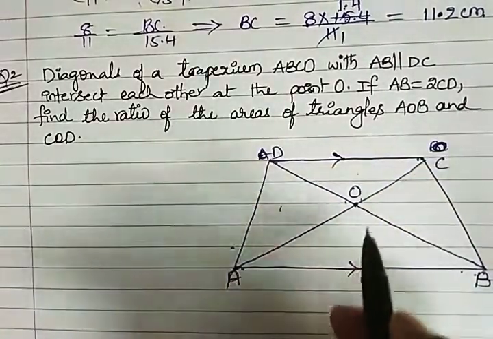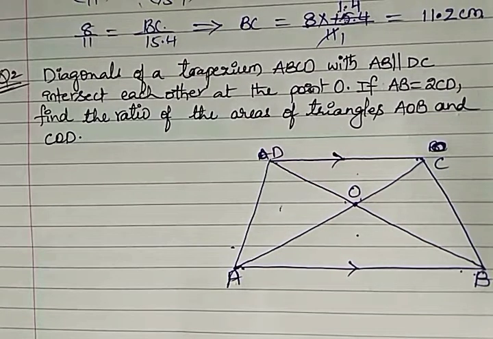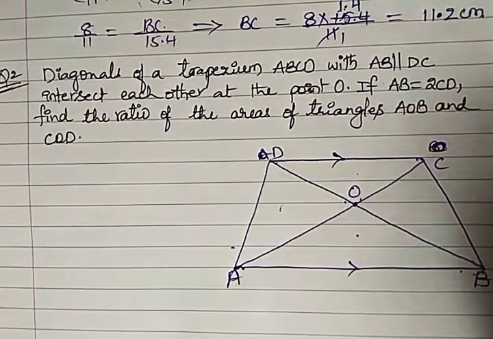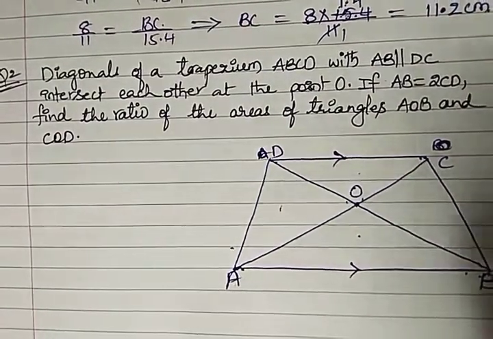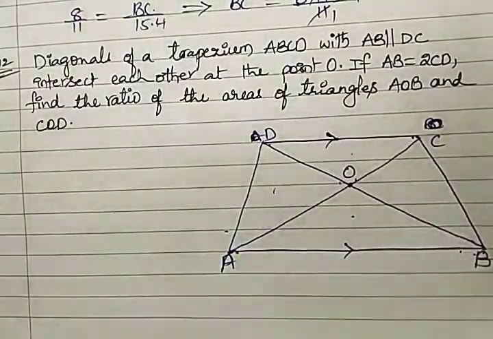इन दोनों triangles के areas का ratio find करना है. So that means first of all we need to find out their areas and then we find out their ratio. Okay. So before that we need to see whether there is any similarity. Similarity होने के लिए chances है क्या यहाँ पे? Of course, the chances are there.